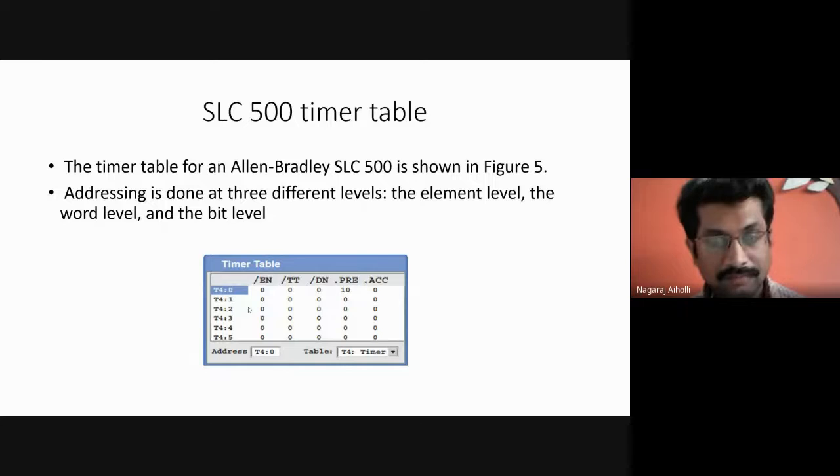So as you can see in this diagram, for timer file 4, timer number 0, the preset value that is stored is 10. That means the accumulated value has to increment up to 10 seconds. Only after both of them become equal will the timer come out and reset.